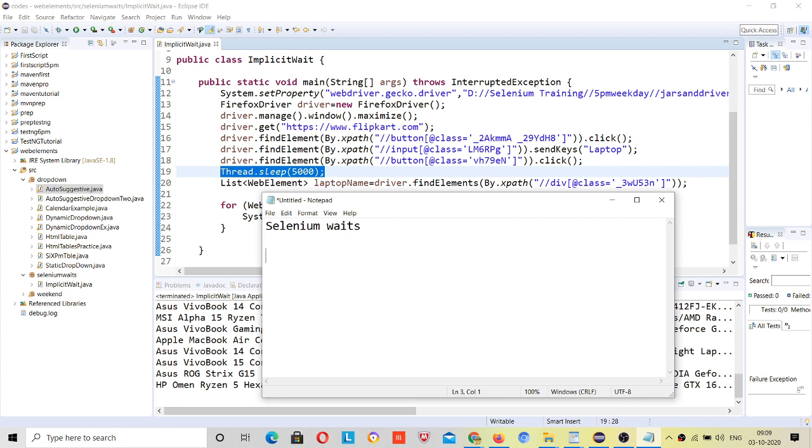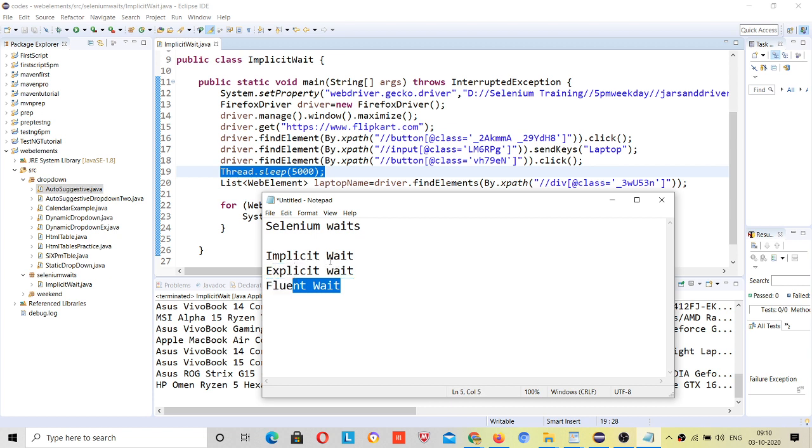Now what are these Selenium waits? There are basically two waits in Selenium: implicit wait and explicit wait, right? Also there is a fluent wait, but we'll see it later. Today's topic is implicit and explicit wait. This fluent wait is very rarely used. I will give you some theoretical description about it, and once we use it, I will let you know and explain that topic also. But as of now, I just want to say that broadly we use implicit and explicit wait, right? And fluent wait is just a part of explicit wait, right?